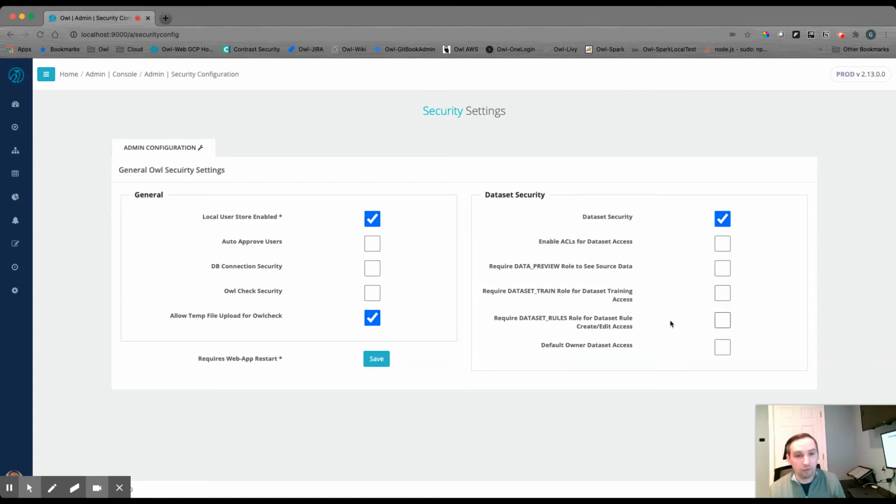dataset rules. From within a dataset specifically, you can decide if users should always have to have this preview role if they want to see drill-in details of source data. You also can globally apply a dataset train role, which means anybody in that role will be able to downtrain items, retrain the model so that they can give feedback to the OWL training engine so that future scans will